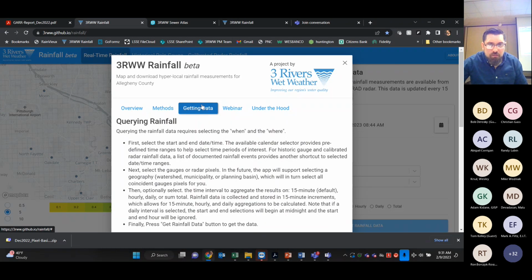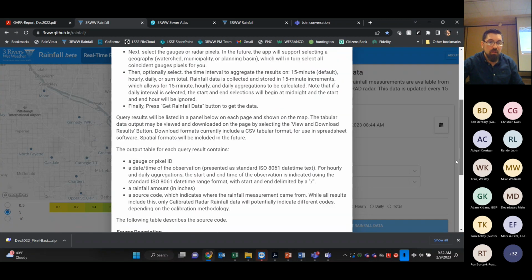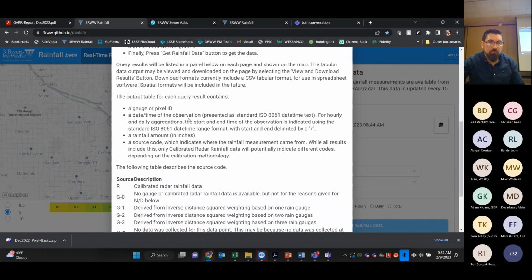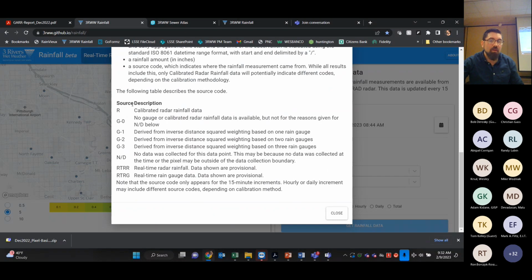I'll get a little bit further here. I'll get into the tool first, but just these other tabs, this shows you how to get the data. It provides descriptions and different ways of getting the data together. Every time step you download,